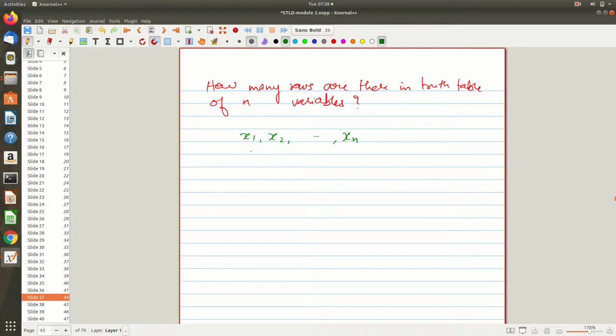You will keep assigning values to these variables, like letting all of them be 0, then flipping the last bit, like 0 0 0, 0 0 1. Like that you will proceed. How many such rows are possible? That is my question, right?